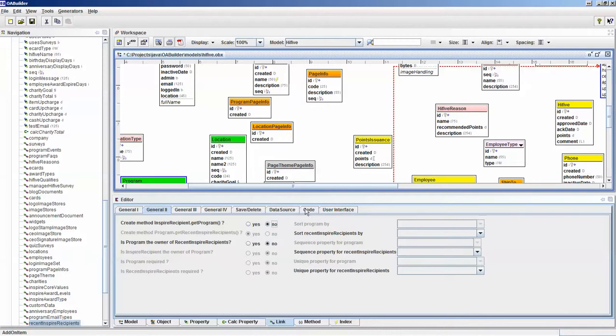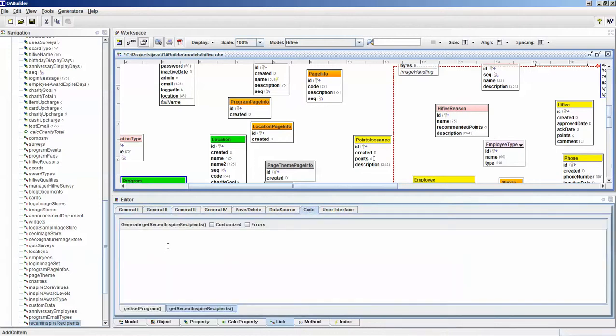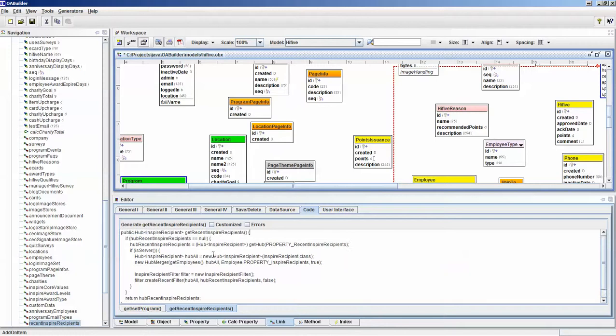Then the last piece we're going to do is go to the code, and since we're customizing this, we're going to go ahead and generate that. I already have that built, so I'm going to just plug it right in here. And here's the method that's going to return the value. So in the program class, there's going to be a method to get the recent Inspire recipients,